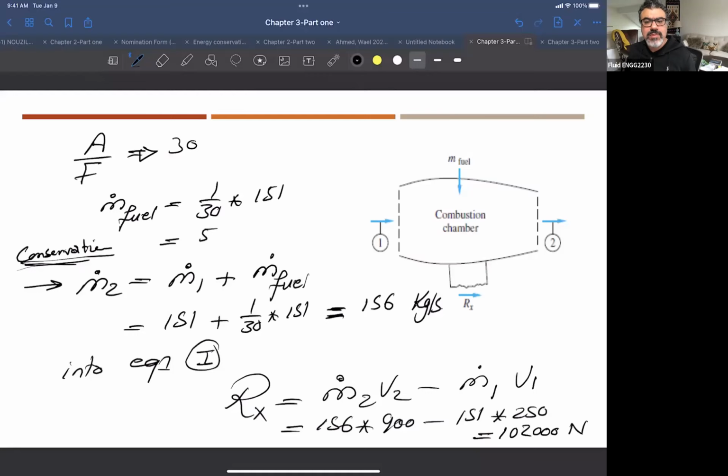So you will see this in many applications. For example, the sprinkler system, right? When you have a sprinkler system in your yard, you have this jet coming out, and this jet is going out like this. So it's kind of like moving this, if you have a rotor or something. The jet going out is pushing this nozzle to keep rotating and stuff like that. So you can use the momentum in order to create some forces that you can use in your engineering applications. Okay. Any questions before we move to